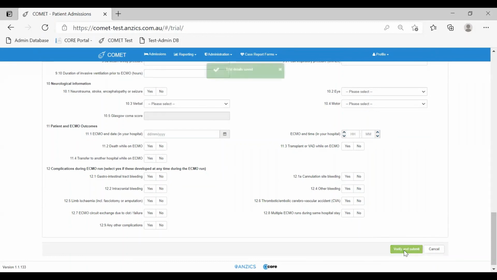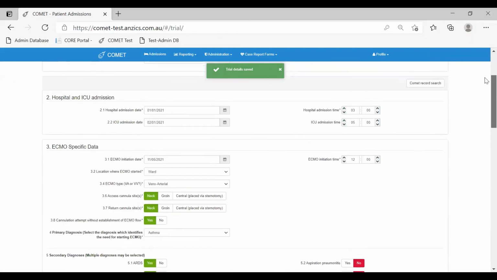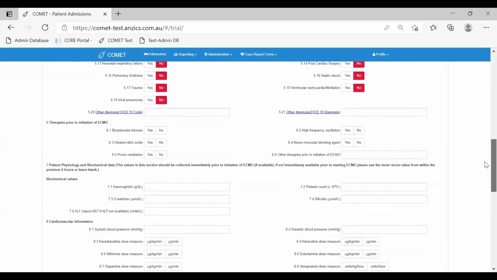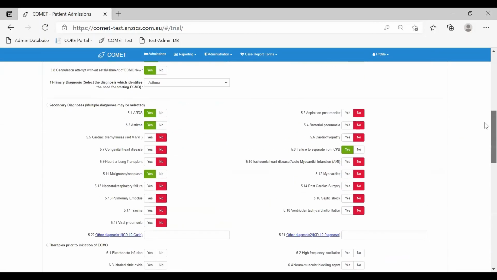Lastly, you can verify and submit. You should get a green notification letting you know that your form has been accepted. If you have missed out on any of those mandatory fields with the asterisks, then you will not be able to submit your data. So it's a very simple process, just a one-page form,